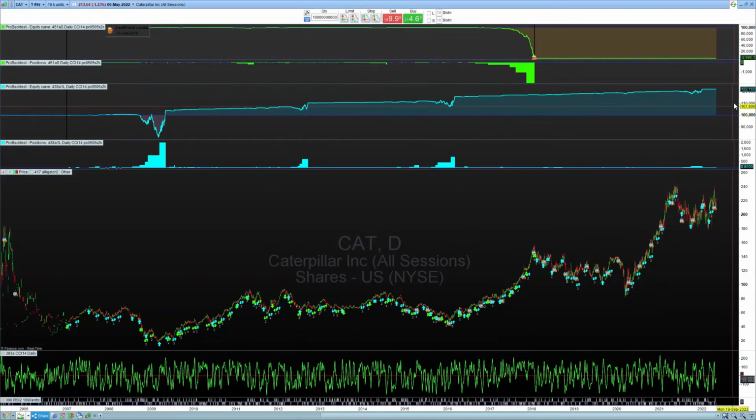So the long position generated $22,000. Again, nice little performance for Caterpillar, going long in most of the case. But where it started averaging down short positions, you can see there it utilized all our $100,000. So just be very careful when you're doing this, that you don't average down too often if you're doing this